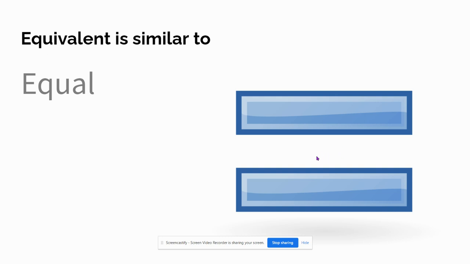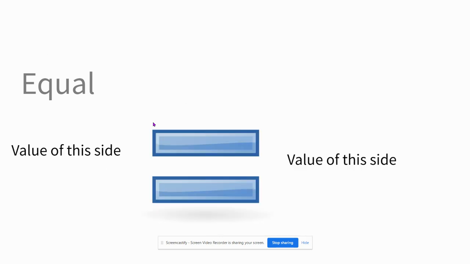Here's the equal sign. We know we've seen these in equations where we'll have something on one side and something on the other. When we see this symbol, we should read it as same as. So whatever is on one side of the equal sign has the same value and meaning as what's on the other. So no matter what I put on this side, whether I say 2 plus 2 equals, I can put 4 on this side because 2 plus 2 is the same as 4, or I can say 2 plus 2